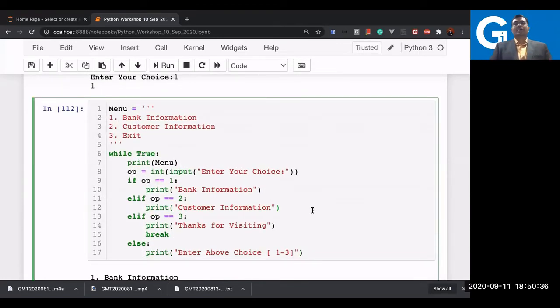I hope you must have understood how to write your menu in Python, because we don't use a switch and case statement here. We are using only if and elif blocks, and you can have multiple elif blocks. And here you can call whichever method you want to call, whether the bank information. So you can call the specific object or the method, and you can get the bank info here.